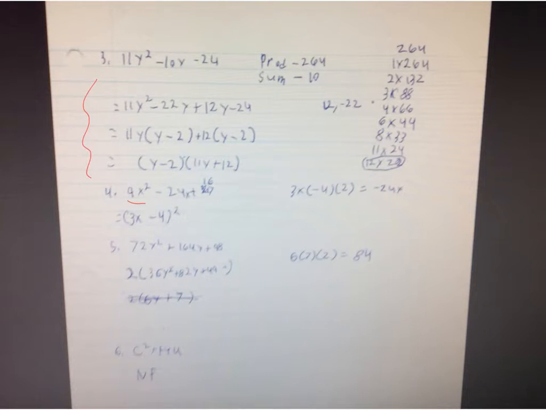is 3x, the root of 16 is 4, 3x times 4 is 12x, doubled is 24x. And so this one fits the pattern of a perfect square trinomial, and that's why your bracket is squared for your binomial there. So for question 5,